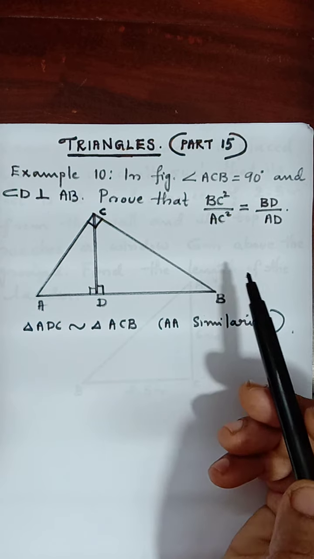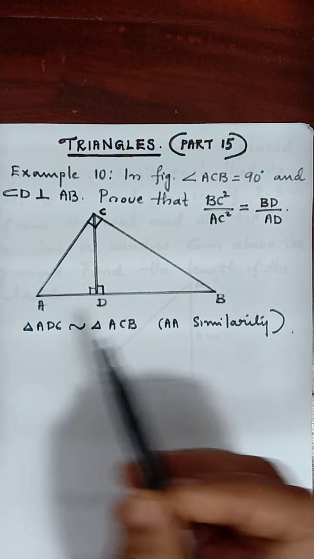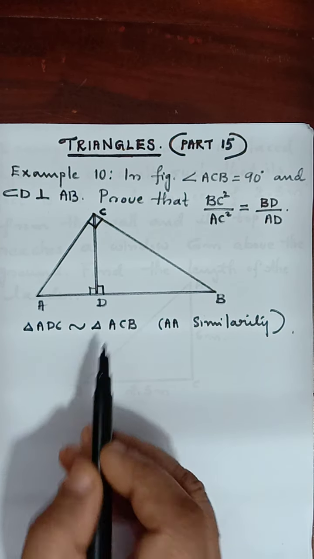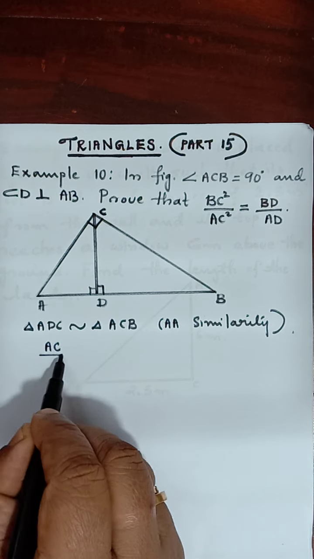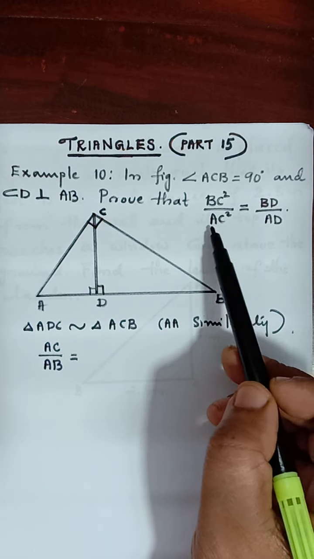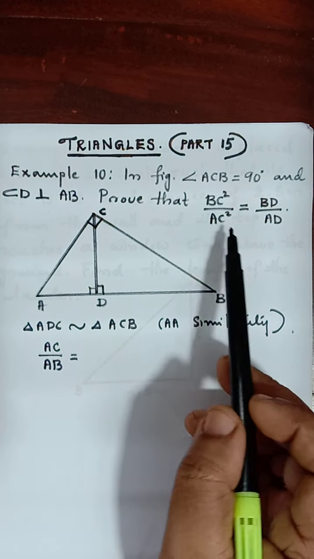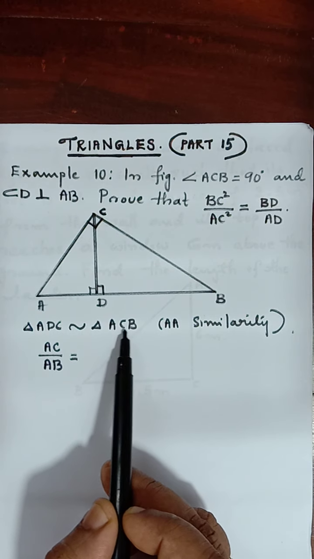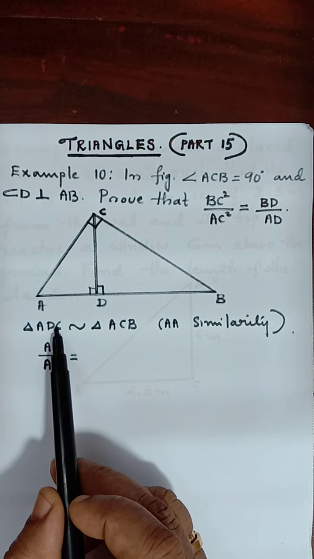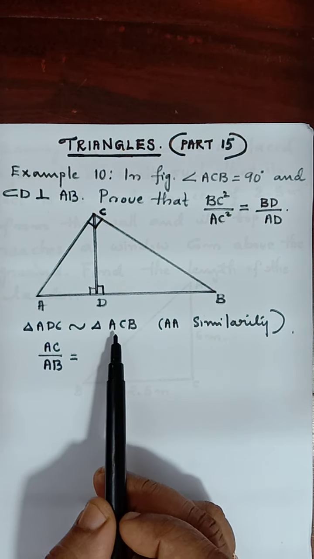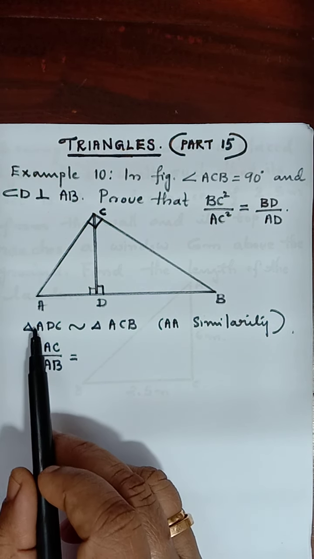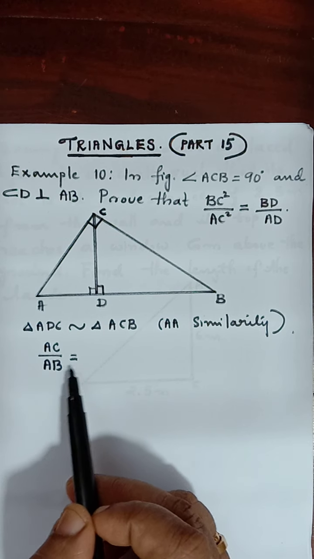Okay, in order to get this, let us consider the ratio. We can take it as AC by AB. Here in this we have BC square and AC square. So no chance of getting BC square in this. Only one BC is here. This side it is not there. So let us check for AC square. Here we have AC. Here also we have AC. So we will be able to write such that we will be getting AC square. So AC by AB I have written equal to.